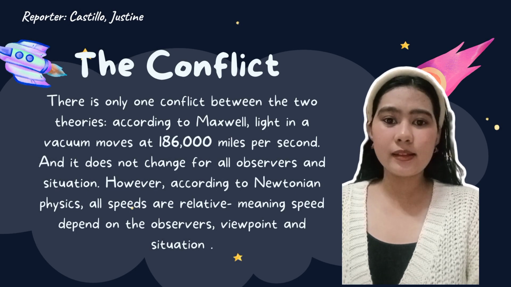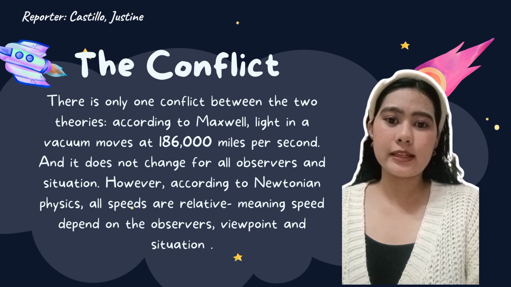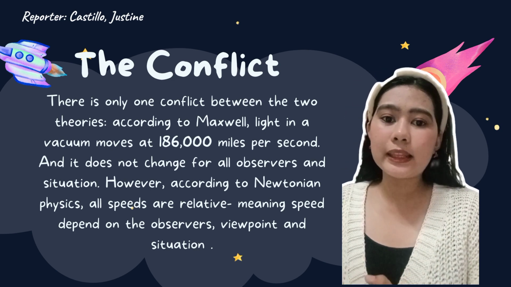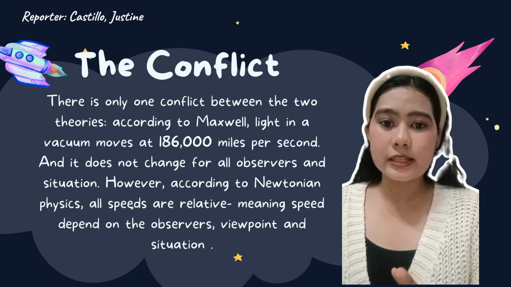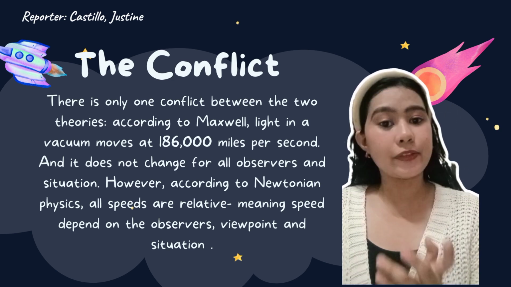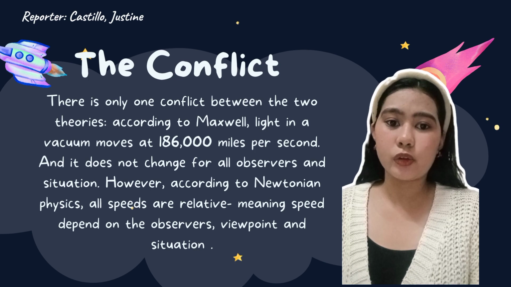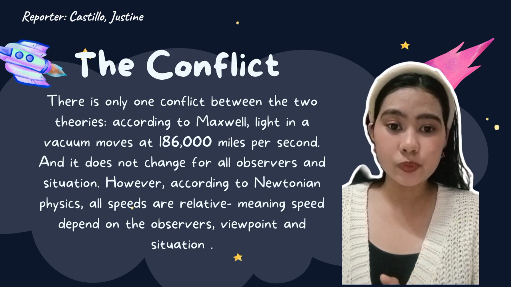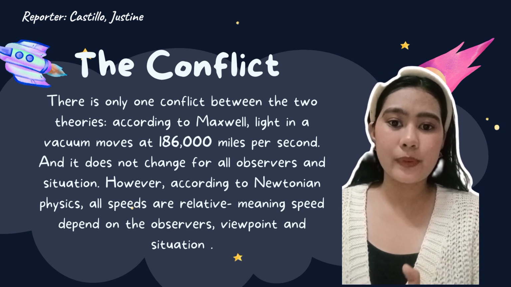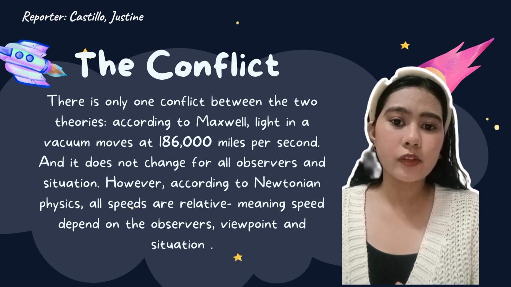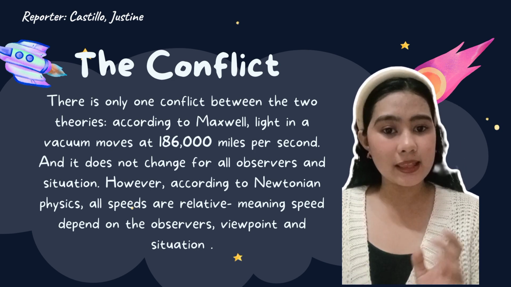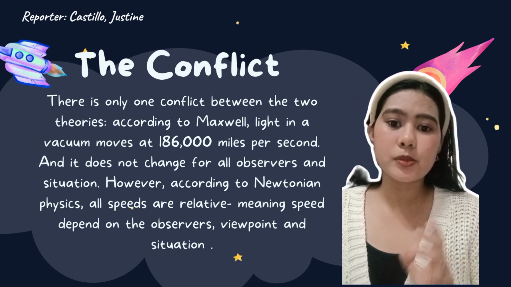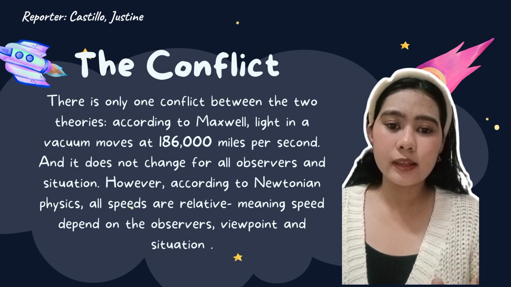My name is Justine Castillo, and what I will discuss today is conflict. Conflict often arises between the special theory of relativity and classical Newtonian physics due to their different understanding of space, time, and motion. Newtonian physics operates on the assumption of absolute space and time, while the special theory of relativity posits that space and time are combined into a single entity called space-time, and are relative, differing depending on